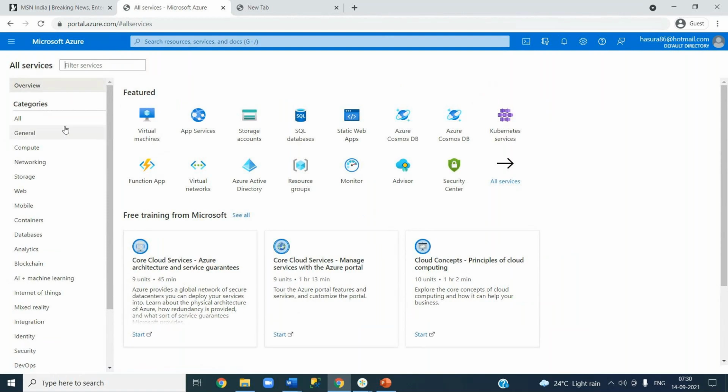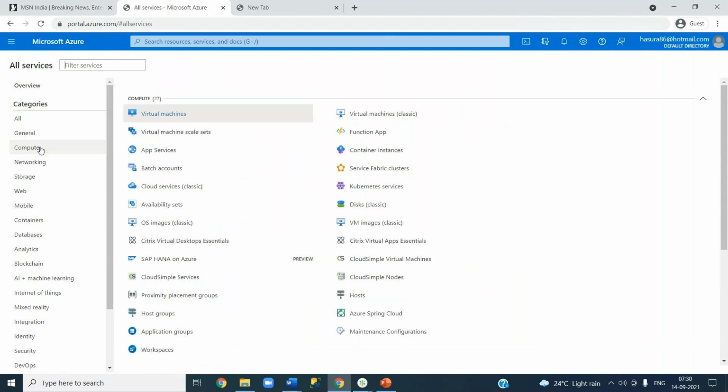Now when you click on all services, you see a large number of categories here: general, compute, networking, storage, web, mobile, containers, databases, etc. And you can also see DevOps here. Each and every thing is a feature or a service in your cloud. Compute is nothing but your servers.